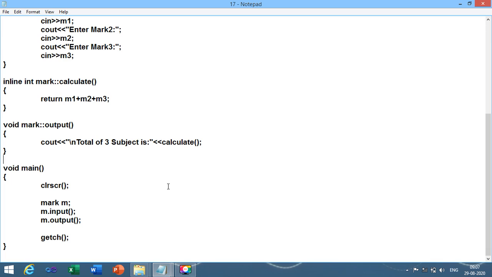In our today's session we have learned 2 topics. Number 1, how to make a private variable and private function inside the class, and how we can access it and how we can get the output of that function, and how to make any function inline and what is the requirement to make any function inline. That portion we have completed.